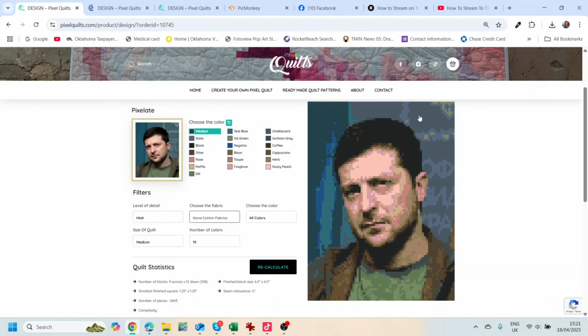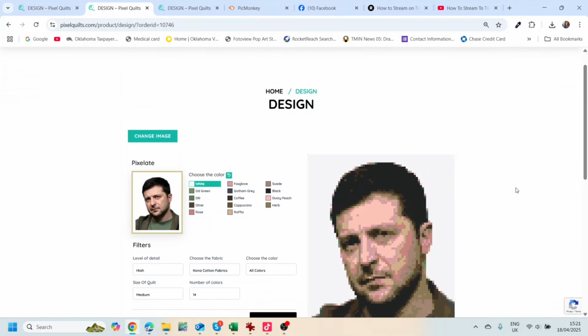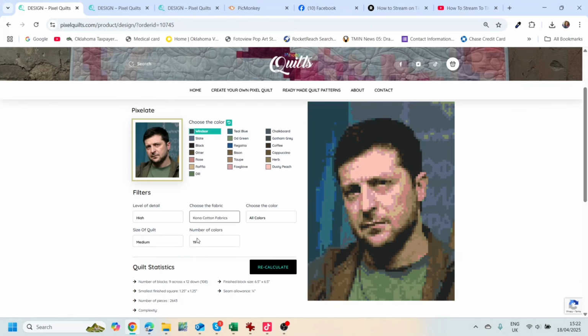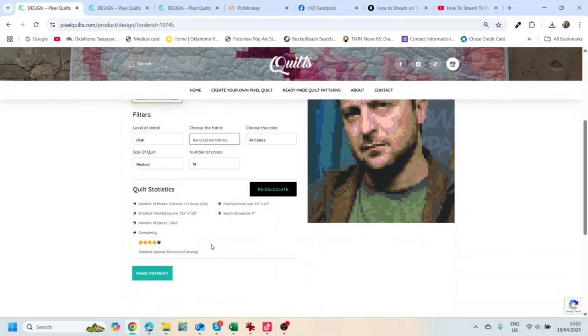The previous one has got some background. It's not a background that's recognizable, so I don't necessarily think it's adding anything to the image, so I don't think removing it is a problem. So straight away, we've landed on the default 14 colors, and straight away it's looking better. In order to get it to read like that on the previous image, I had to whack it up to 19 colors, which means we're at